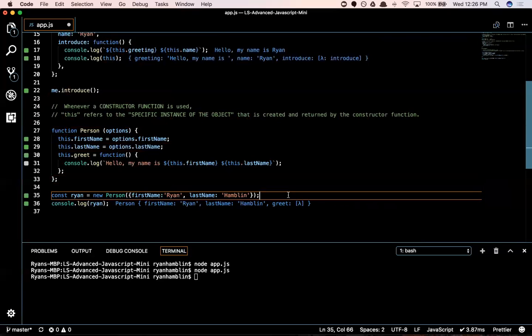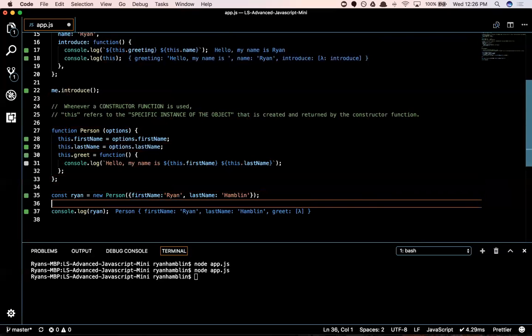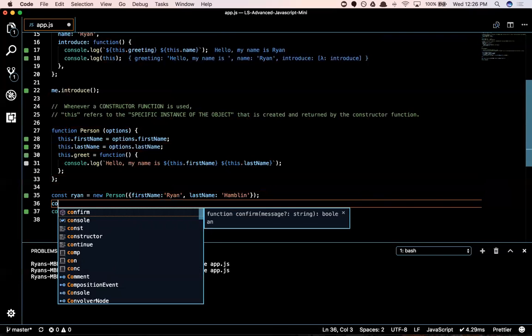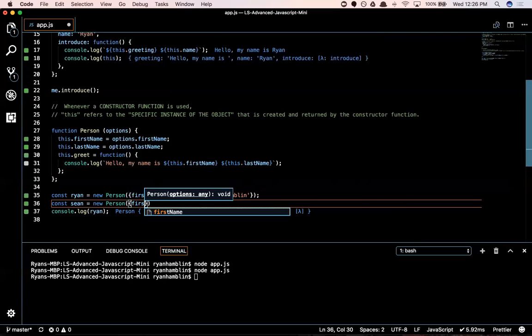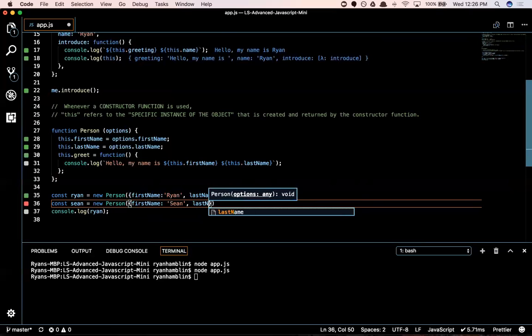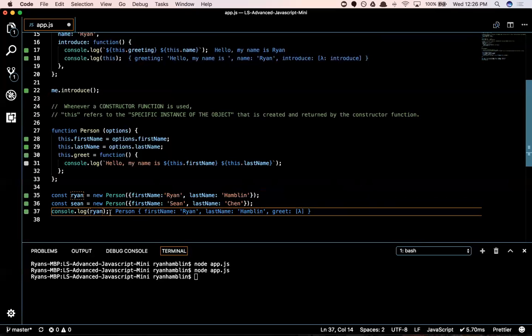Now anytime we need to reuse this object, we can say const sean, in lowercase so he's just like me, equals new person, and give person this object of first name Sean, last name Chen. Now if we were to console log Sean out,